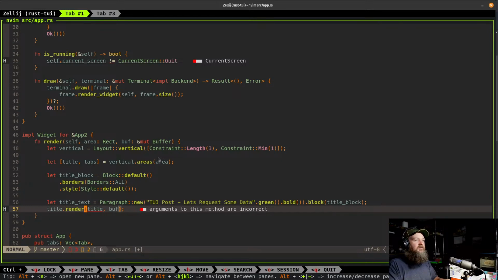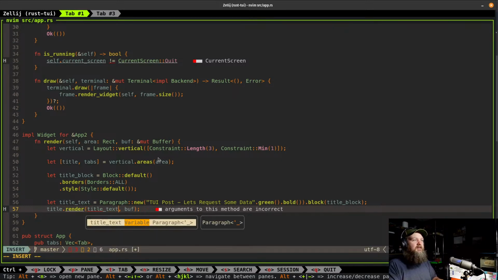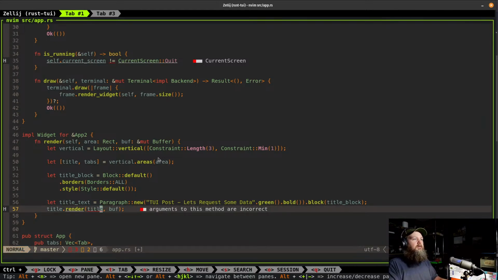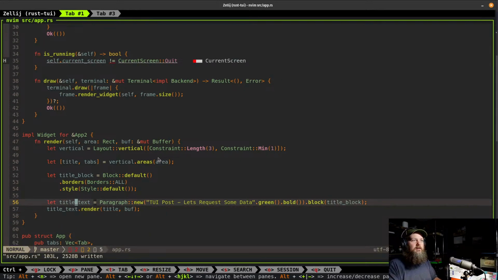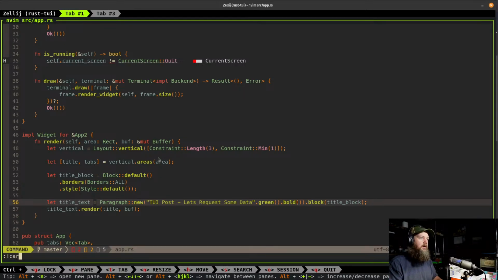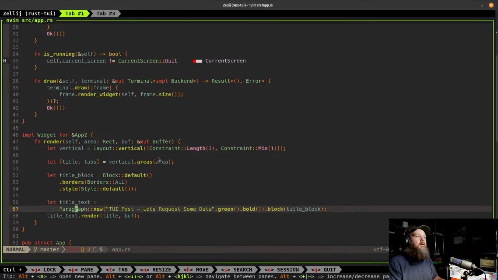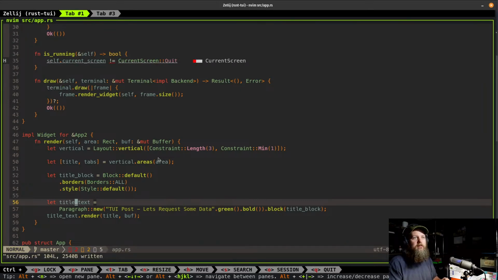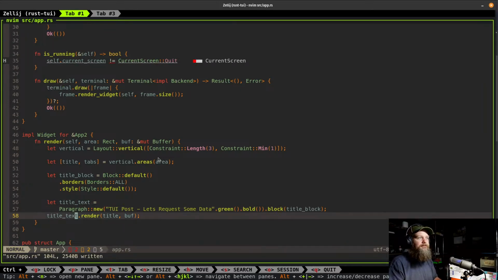Okay. Error. Wait. Title. Oh, no, no, no. Got it backwards. There we go. You've shadowed your title area variable with the title paragraph variable. Yeah, okay, gotcha. Alright, I need to bind that to a key command instead of typing it all the time. So that should get us